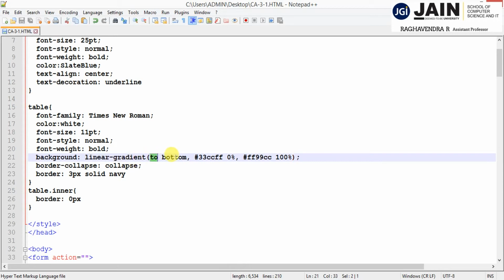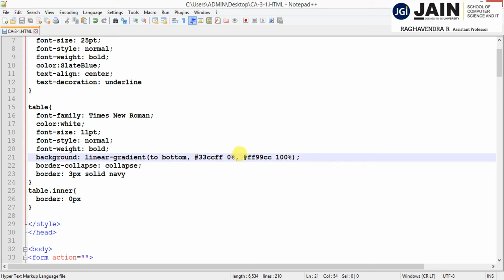Here I'm specifying how it should be applied, to the bottom side. To the bottom means starting from the top to the bottom, it has to appear in this color. This is the one color I'm taking, and here I'm mentioning 0%. 0% means the starting position, starting from the top left corner to the right bottom corner, so diagonally it will apply the color.